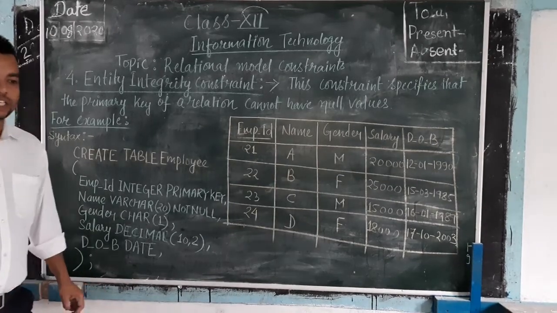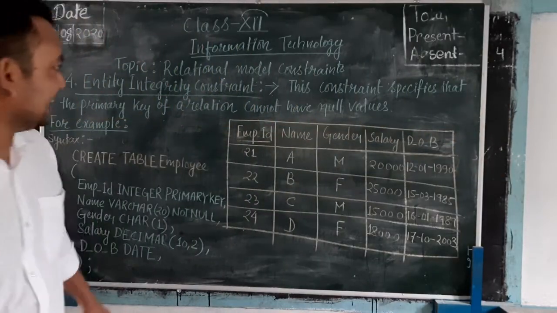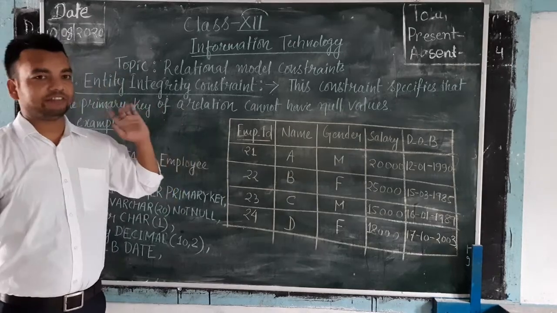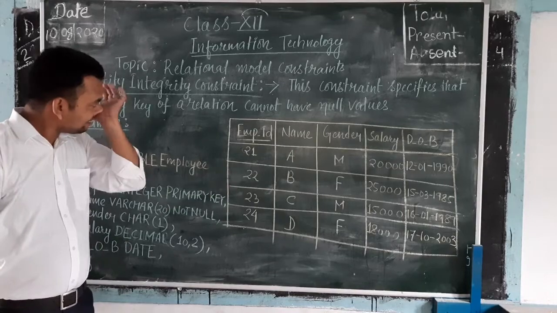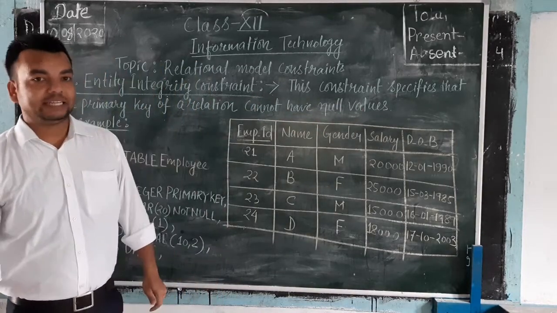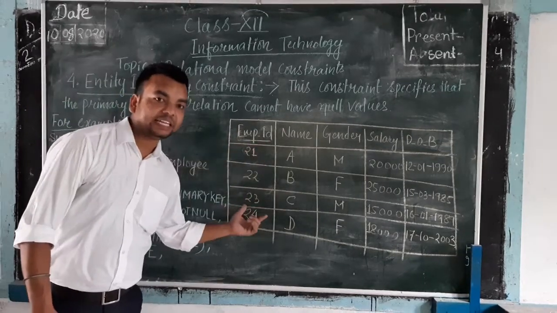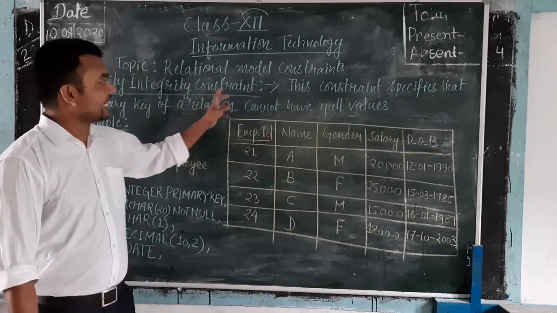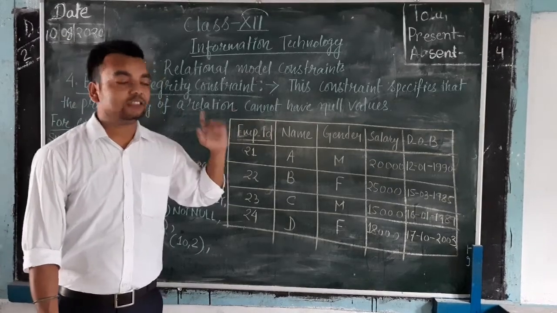Okay, so let us come to our next topic, that is entity integrity constraint. Now, what is actually the meaning of entity integrity constraint and where is it applicable? So let us come to the point. The entity integrity constraint is applicable for our primary key. That particular attribute which has been declared as a primary key in a relation, only there will this kind of constraint be applicable. It is also known by another name as entity integrity constraint.